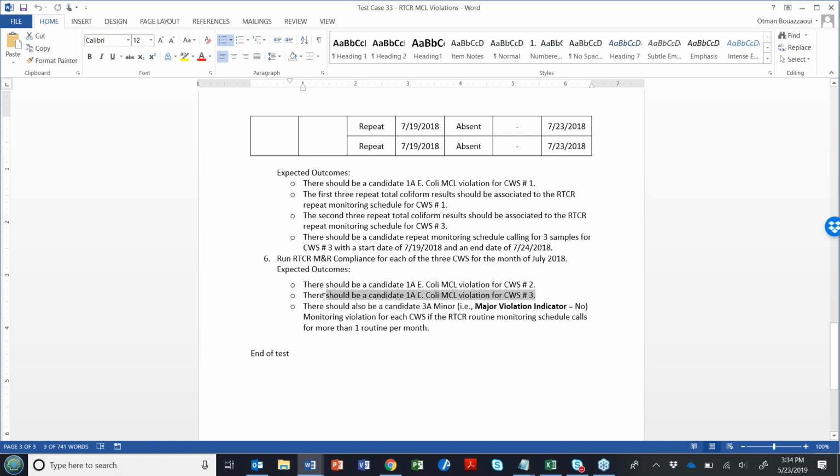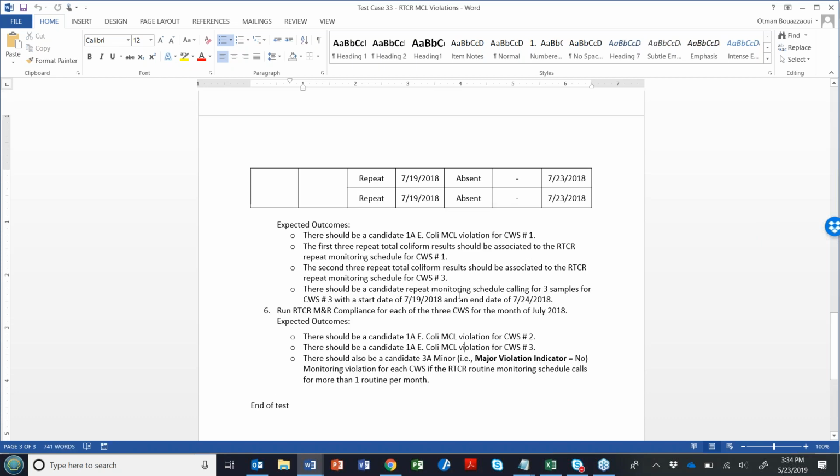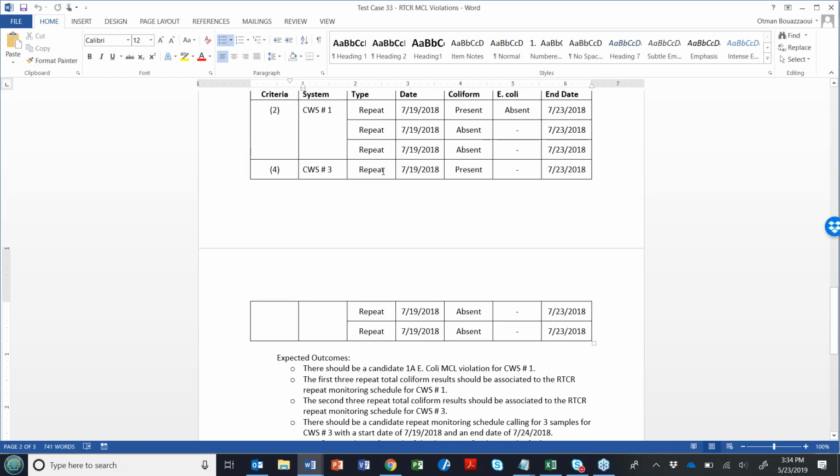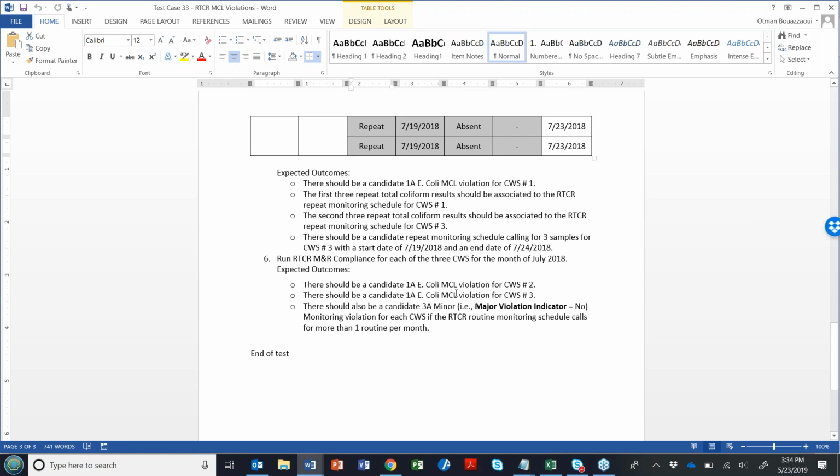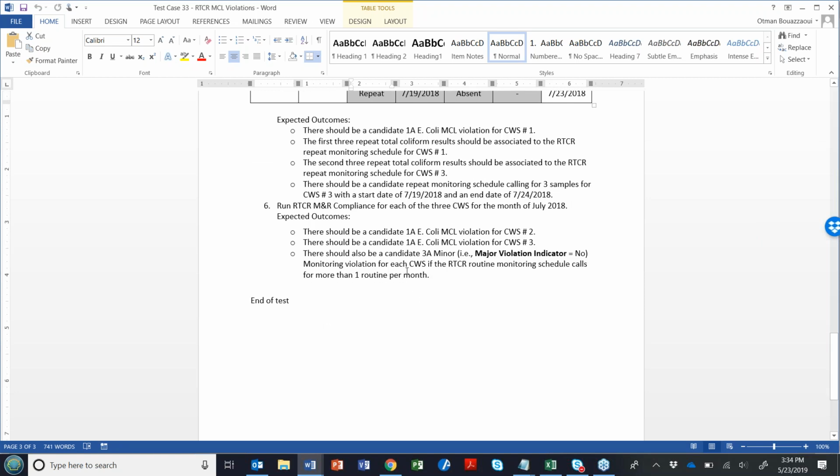And for water system number 3, we're going to see a MCL violation as well. If you remember, these are the repeats that we entered, and we didn't add the E. coli result. So we're going to run MNR compliance, and the system is going to tell us that there is a violation, a candidate violation for that water system.